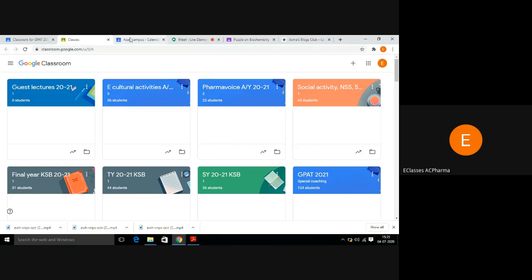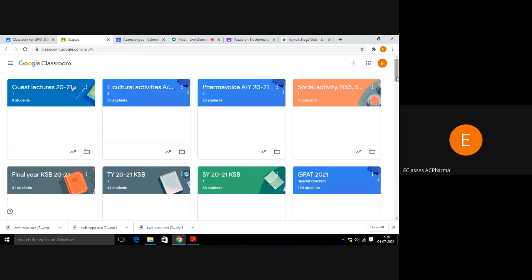Now for 2021, our campus has created and allotted the G Suite Google Classroom ID azamcampus.org. So our pharmacy ID is eClasses AC Pharma @azamcampus.org.